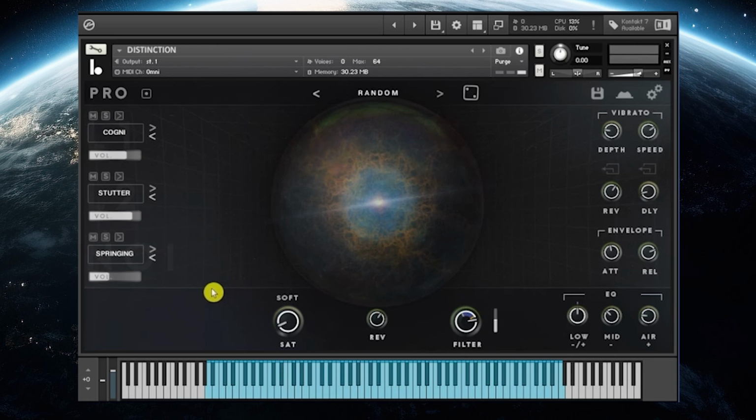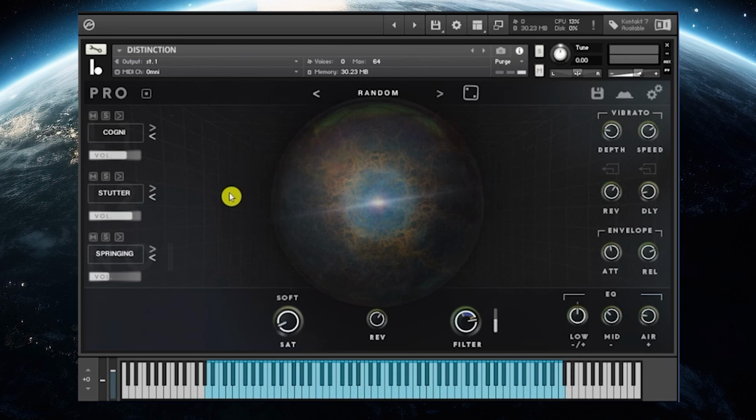So the thing to remember about the generate button is that it's not generating a random preset, but it's generating a random set of sound sources to create your own unique preset. That pretty much covers the functionality that I want to cover in today's video, but I want to give